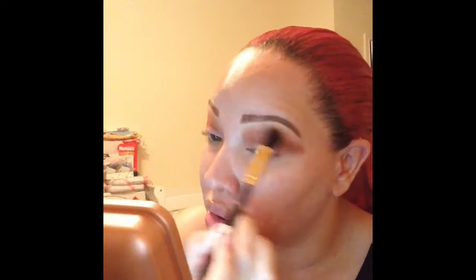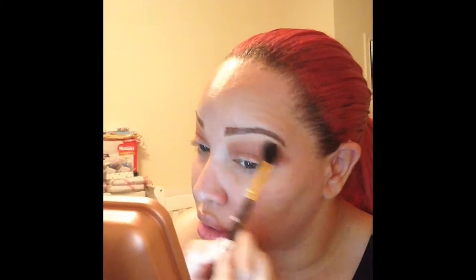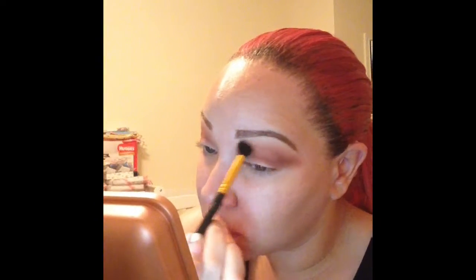I'm just going to take that fluffy blending brush and blend all of these shades together. Alright, and then I think